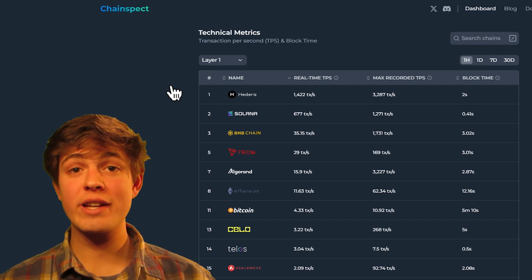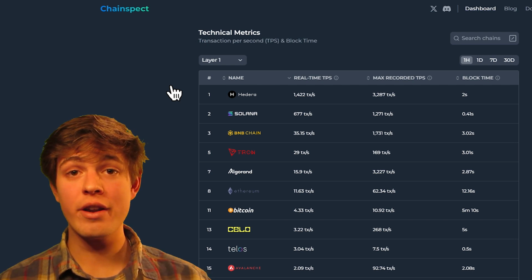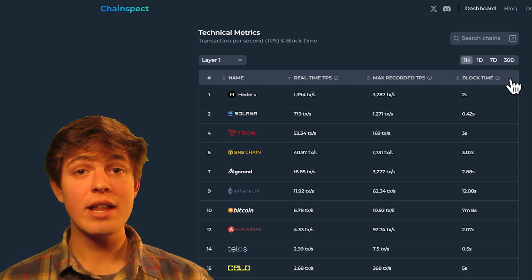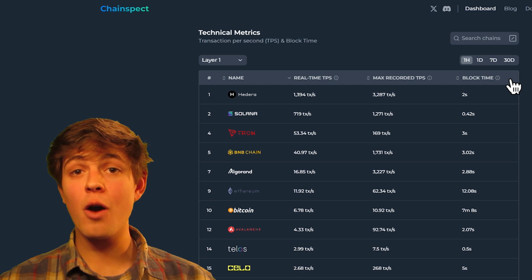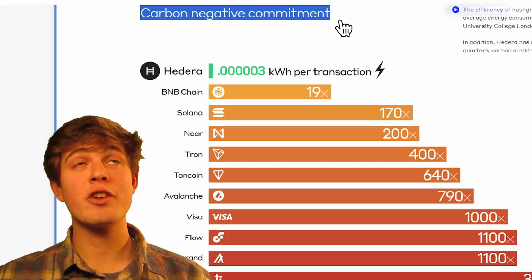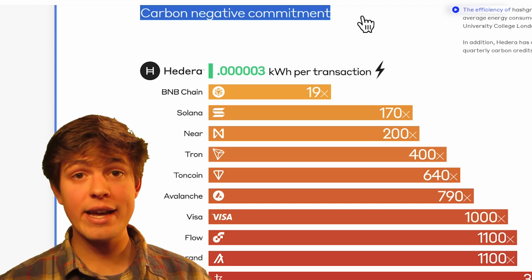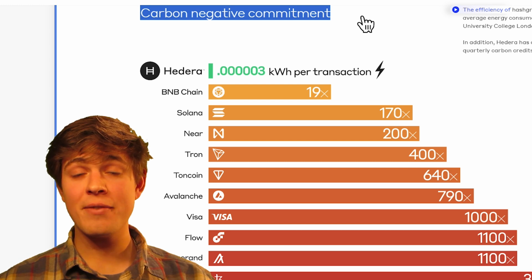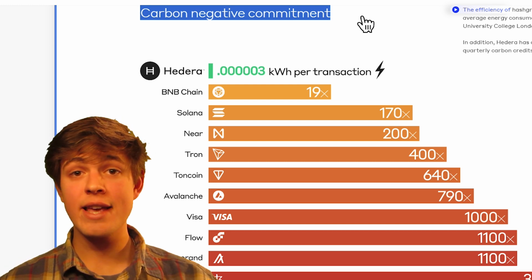They can handle more transactions than any other layer 1, not even close, and they do so in a very efficient manner. Like I said earlier, the hash graph does not waste any energy that goes into it, and with that, the Hedera Hbar project is in fact carbon negative. They do produce a small amount of carbon with their hash graph, however, they buy carbon offsets, and the whole